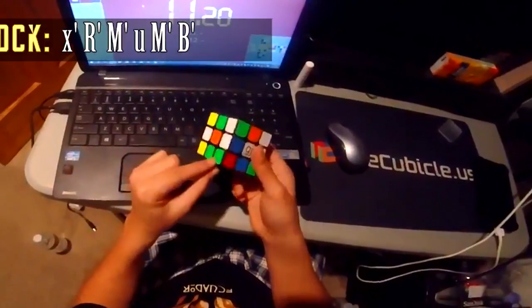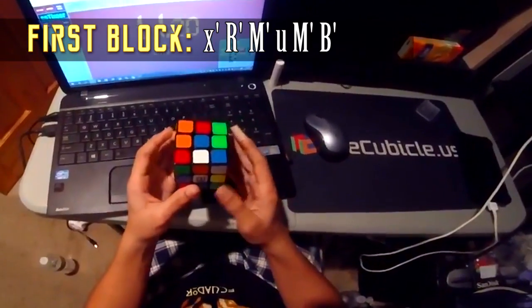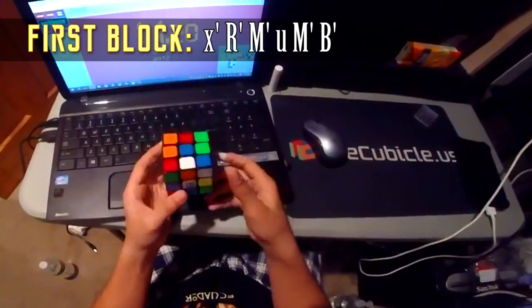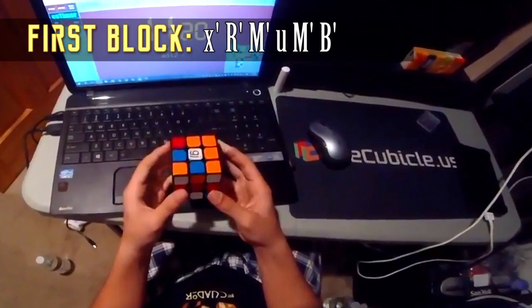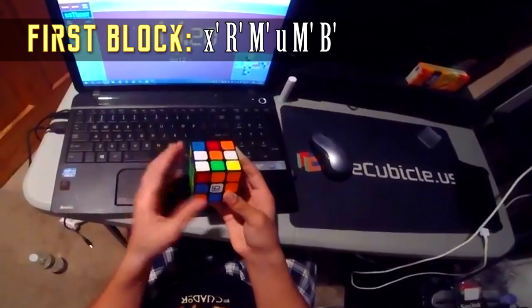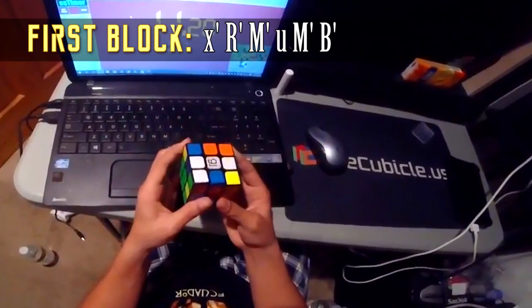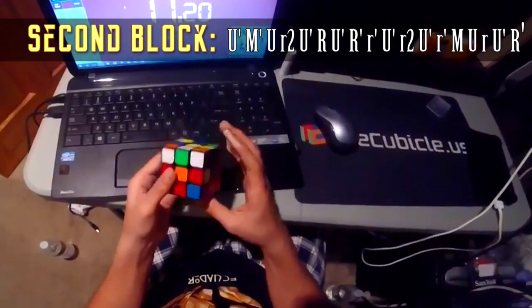Saw that this pair was right here, and I could bring this down, connect it with the center, and then the second pair would be favorable, so brought this down, connected it with the center, U wide, slide it in. Then these two were just 2 moves off from being paired inside already, so connected them with the M prime, B, alright. DR edge,